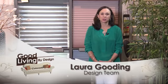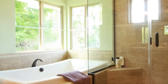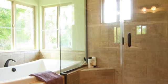My name is Laura Gooding, and I'm the window treatment specialist here at Decor Room. My window treatment tip of the day relates to cleaning your window treatments. Window treatments located in high traffic areas such as your bathrooms and your kitchens require more frequent cleaning than treatments